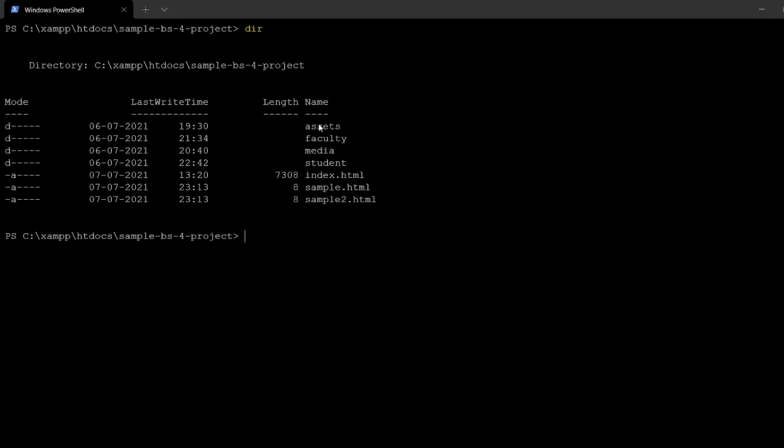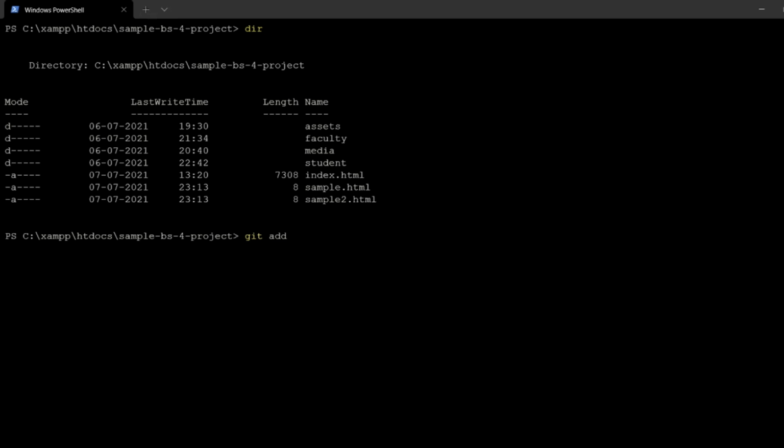There are several ways of adding files. If you want to add all the files including the directories at once, you just have to type here git add period. This will add the entire directory to your repository. It will not ask for anything, it will just keep on adding files. So this is one process you can look at.